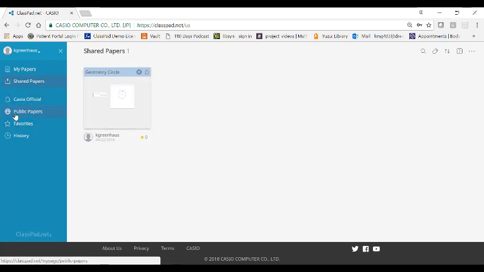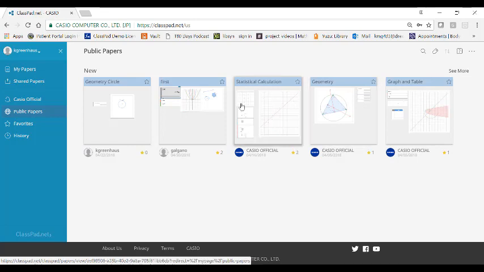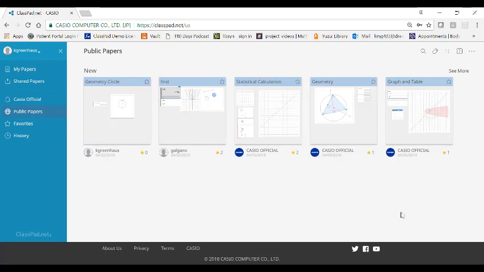Now, if you click down here, it says public papers. So these are other papers that others have shared publicly. If I click that, I'm going to see all the public papers that are out in the world right now. Now, we did just start, right? We just launched this on Friday, so there's not a lot shared, but we do have some people who have been sharing. It looks like somebody's been doing some circle things, some things with graphs, some things with parabolas. So this is exciting. People are starting to share things and explore the exciting things that are happening there.